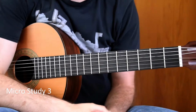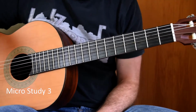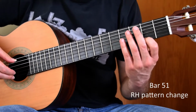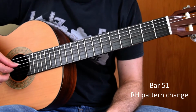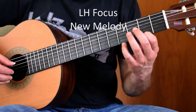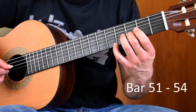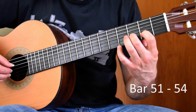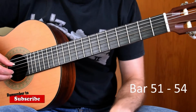Okay, so the next micro study picks up at bar 51. We have a change in right hand pattern here as well, where the right hand now stays static on A, M, I, P across 4 strings. We begin with the melody in the first string. We then introduce second finger on string 2, first finger on string 2, open strings,